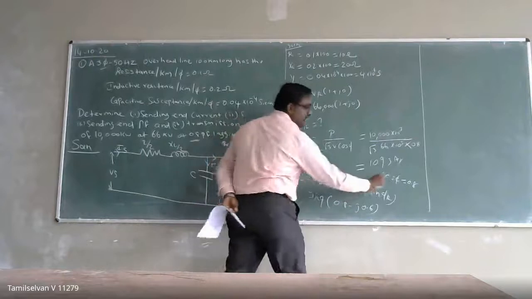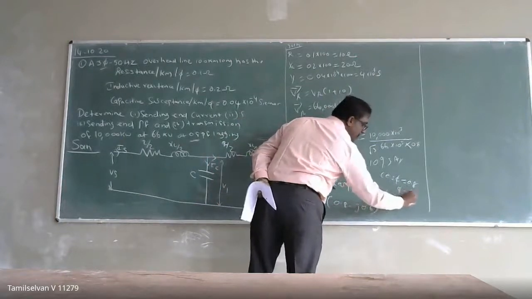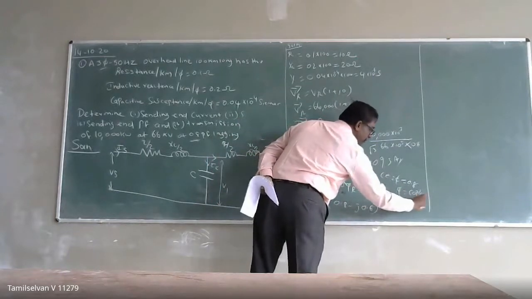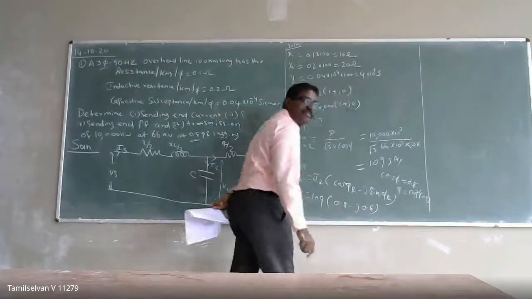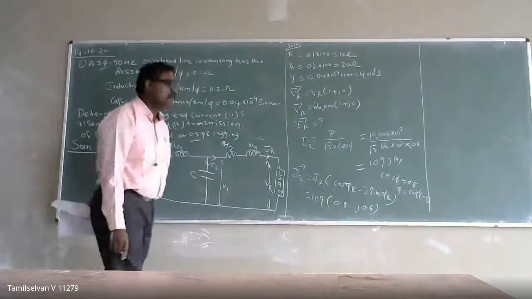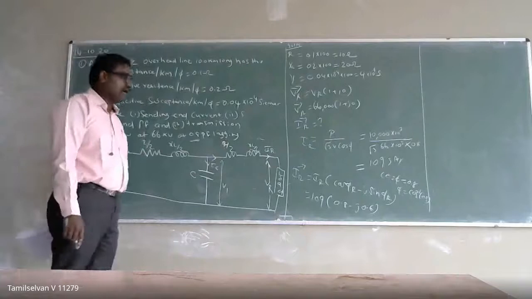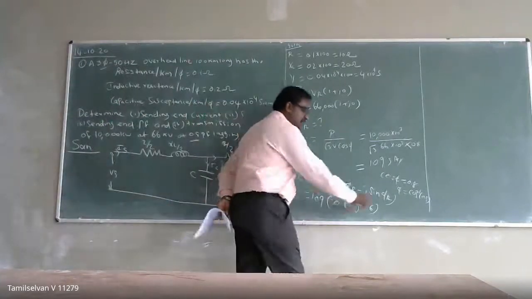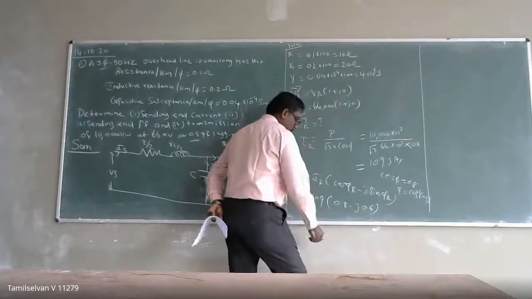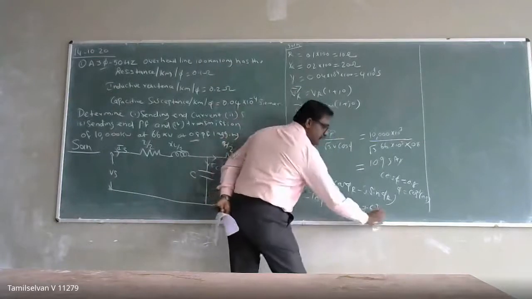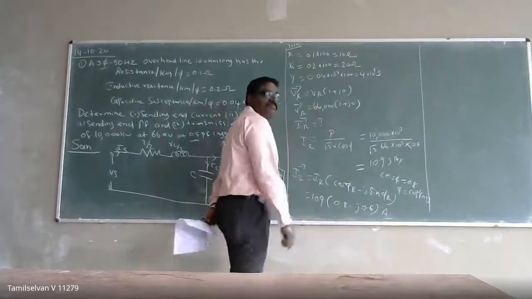Remember, you can get the phi value. Phi is equal to cos inverse of 0.8, which is 36 degrees 4 minutes. That is going to be the angle. Then we can get sin phi r, which is 0.6. So this is your current.